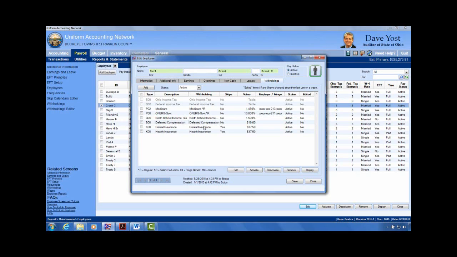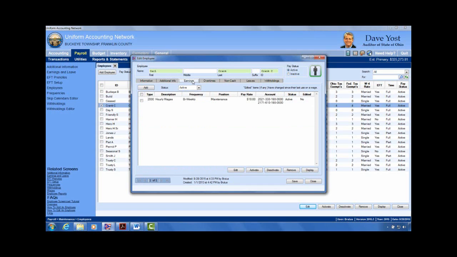Bad assumption. Just because you've added a withholding to Carl's withholding list does not mean it's going to automatically be deducted from the wages. These are all the withholdings that could possibly be deducted from a particular earning. Now, Carl's earnings have been streamlined so that he only has one earning, and that's great. If you watch the video on restructuring, that's what we try to accomplish when possible to minimize the employee